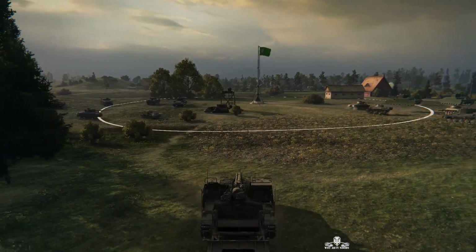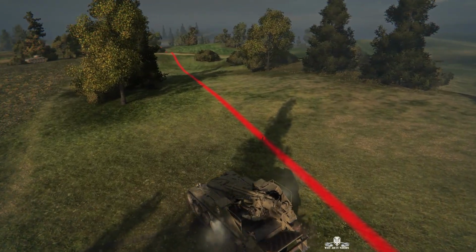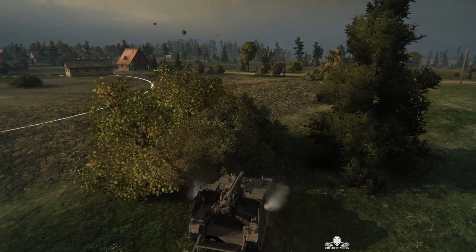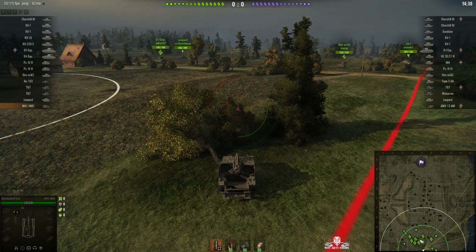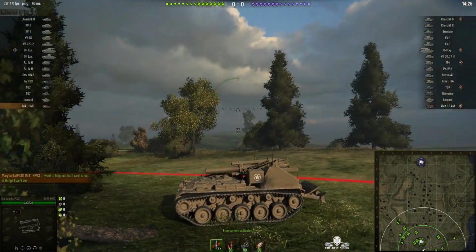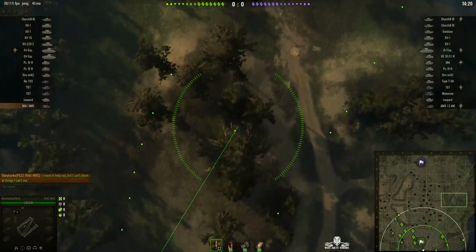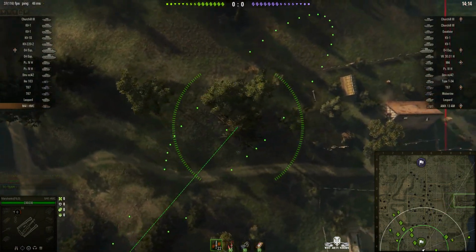And battle is underway. Now Mary's got a 155mm howitzer to play with, and the M41 is built on the chassis of a Chaffee tank, so it's reasonably quick, as quick as it can be with such a heavy gun on it. The M41 is unusual because the engine was actually moved into the centre, and the driver just behind the driver's compartment, so the crew would actually have to hang on to the vehicle. Any handhold they could